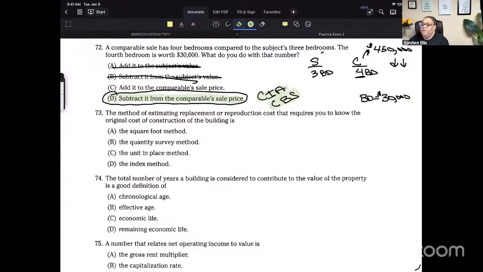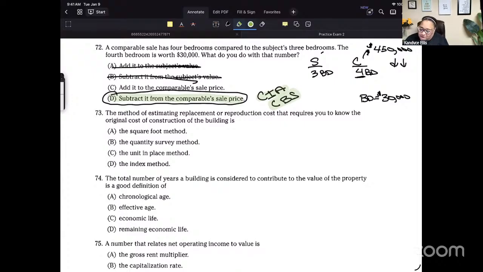Yes, Claudia, I do like the CSS. If the comp is inferior, you increase. If the comp is superior, you subtract. The alliteration of that, but I like it, showing me that you're ready for this exam. Ooh.